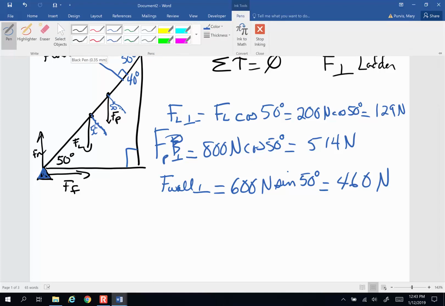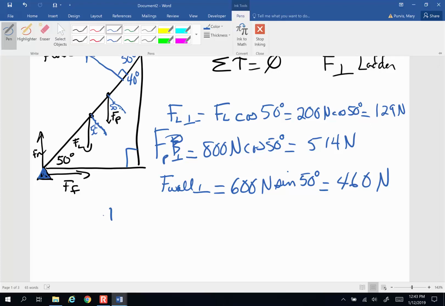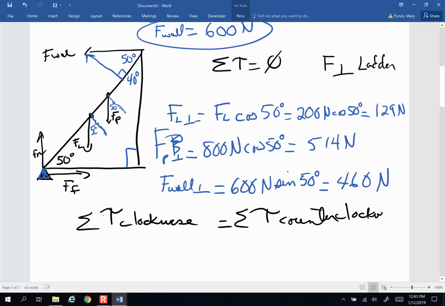So to sum my torques, the sum of my torques that are clockwise are going to be equal to the sum of the torques that are counterclockwise. And here goes, because if this is my pivot, what is going to make the whole thing rotate clockwise? Well, that's going to be the ladder and the person. So clockwise is going to be